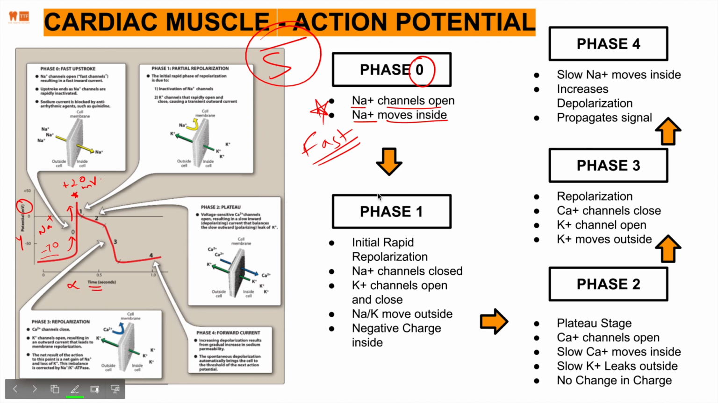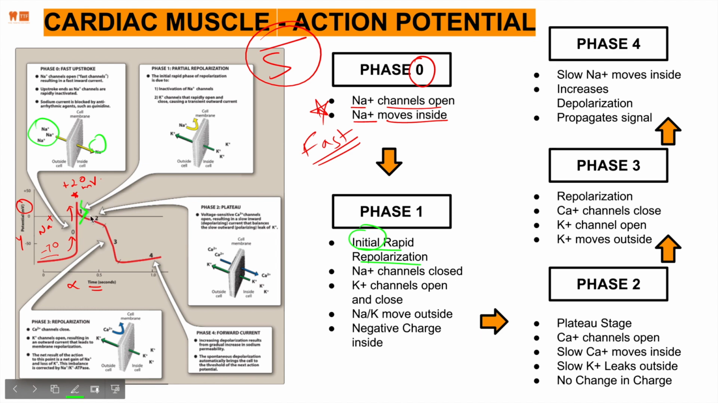I'll change the color here so we can understand things even better. Now we're moving to phase 1. Phase 1 is initial rapid repolarization. What does that mean? Well, the body realizes that, oh my God, there's a lot of sodium coming into the cell. We need to stop this. It's way too high. So there's a rapid